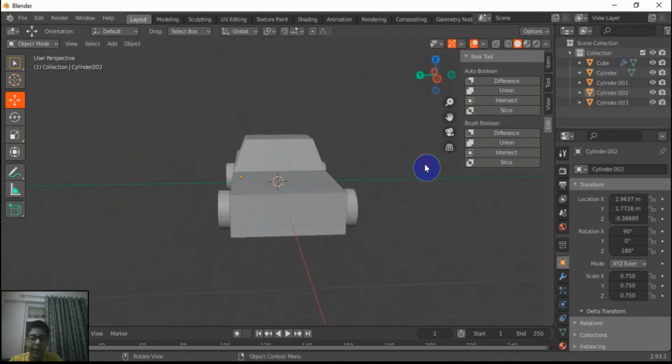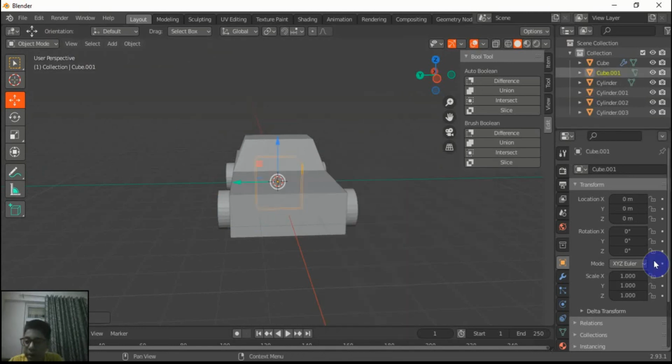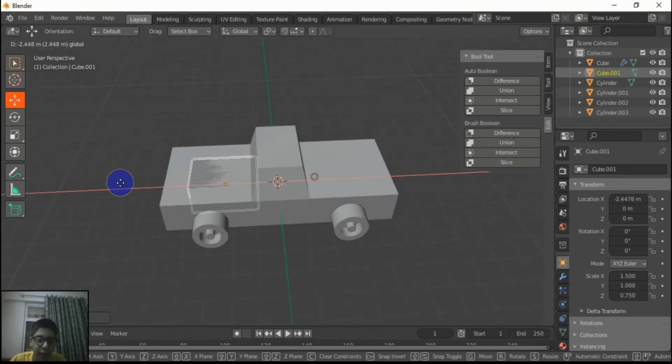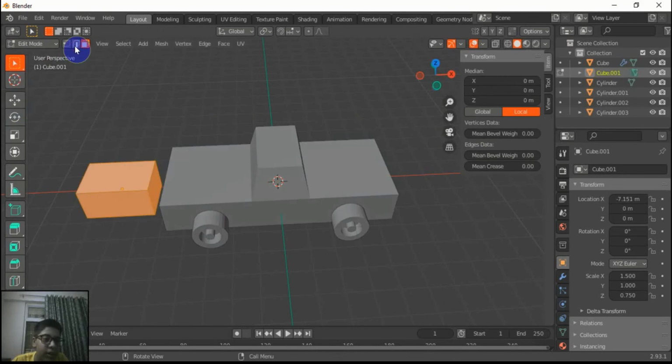Now we are going to make its bumper. Press Shift A. In mesh you have to choose cube. It should be 1.5, 1 only, and 0.75. And make it here. Go to edit mode. Select this vertex one. Go to move.